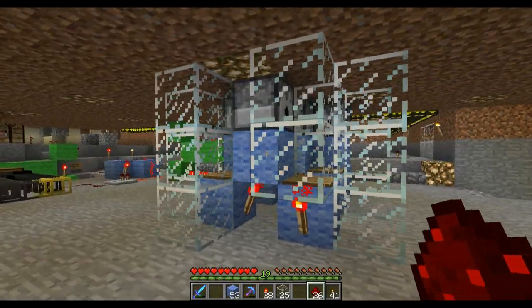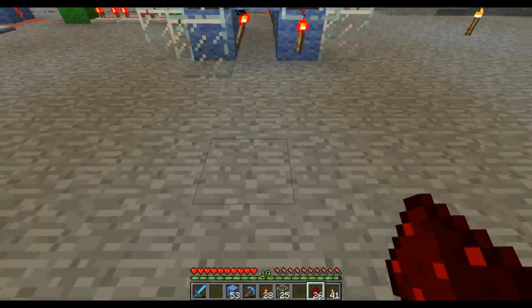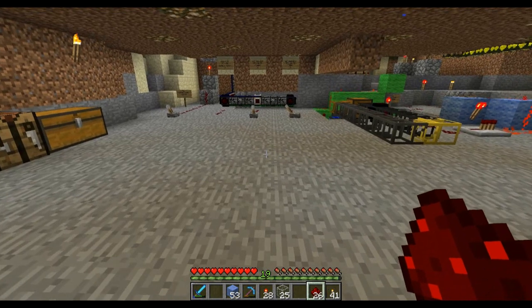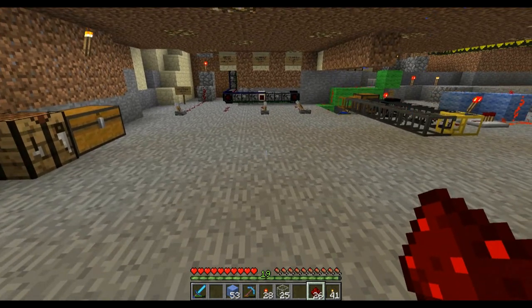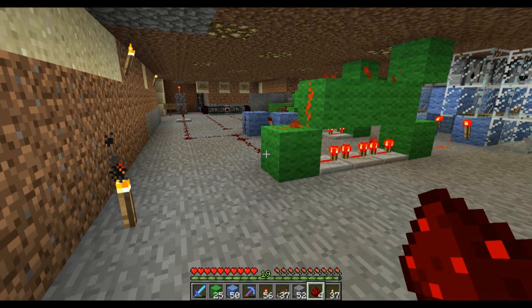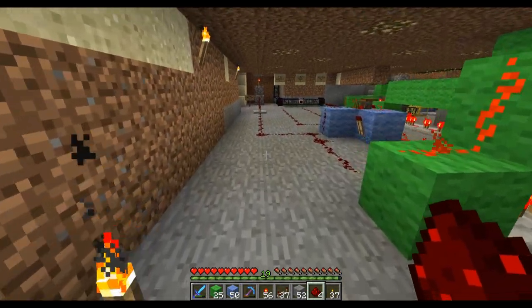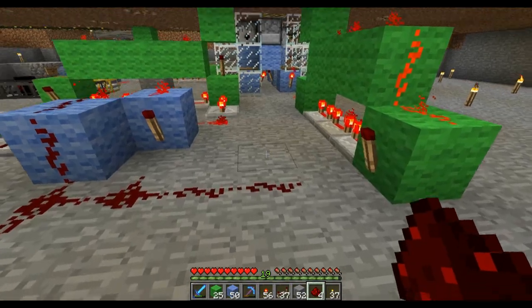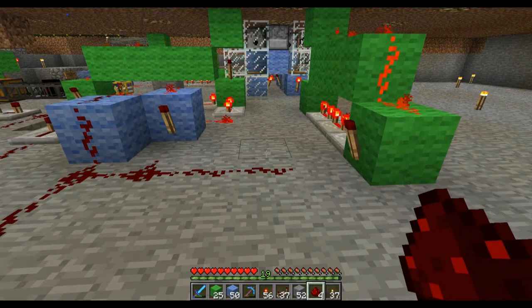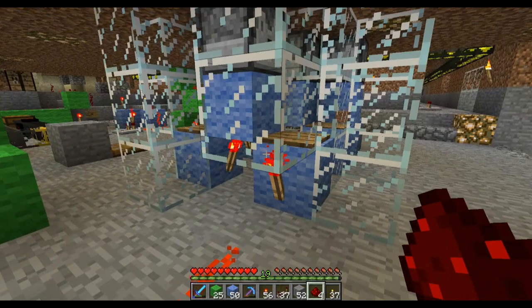And by the way, 20 minutes is a guess, so we might have to extend this a little more. I'm going to give myself a bit more room just in case. The next part is to go over there to the RS NOR latch for this guy. And the wiring is essentially finished. For our test case, we can actually have our tree farm running now if we wanted to. It's fully operational, except it doesn't have any switches. I have to manually cut wires to stop it. But everything is done, so there's our dispenser timer that we just put in.